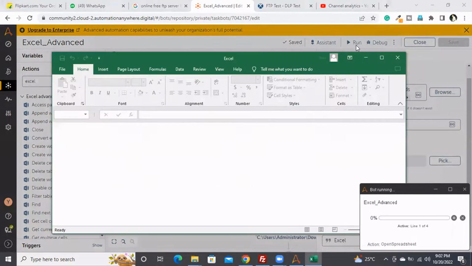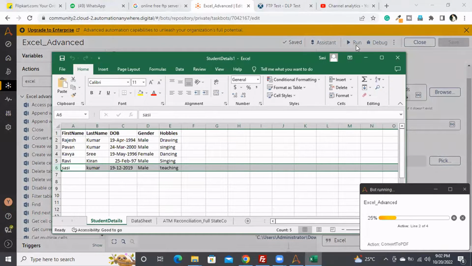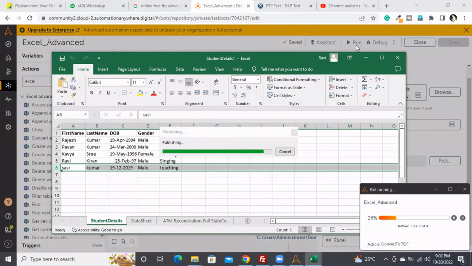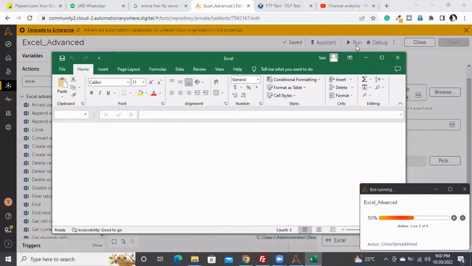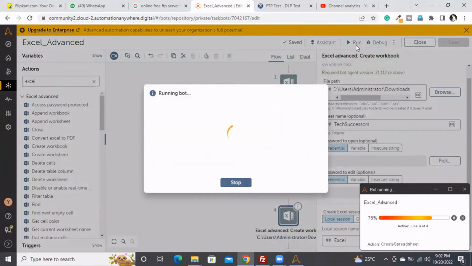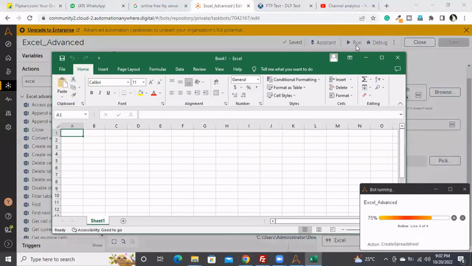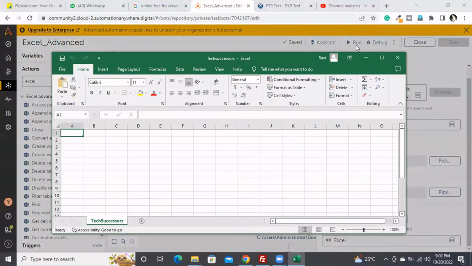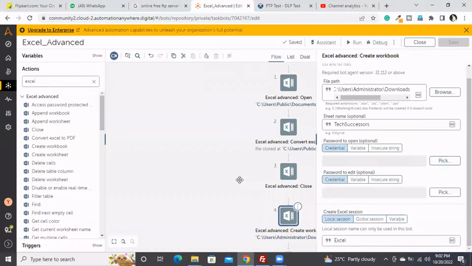Executed the entire code. Let's see what will happen. The file has to be created. We'll see whether it will be created or not. Successors.xlsx, see, this file has been created. Maybe because of some privileges issue, we were unable to create the file in the previous path. But now here we can. Like this, we can create the new workbook, okay,